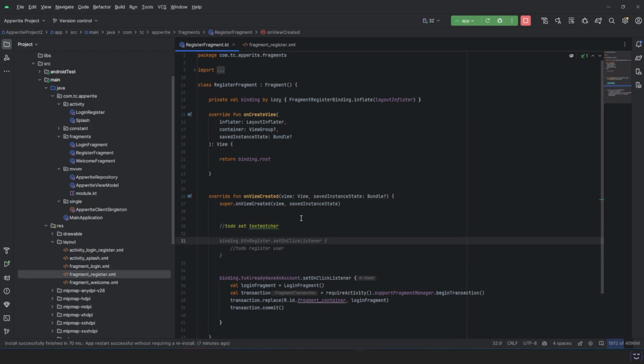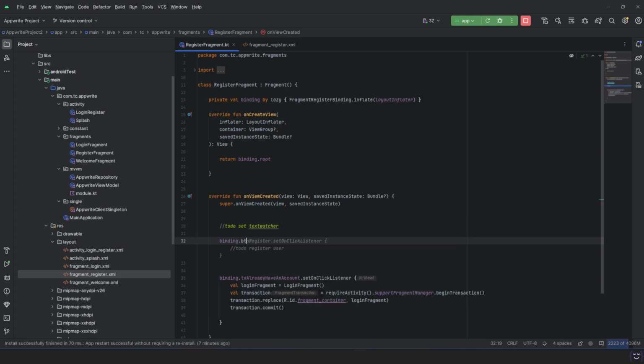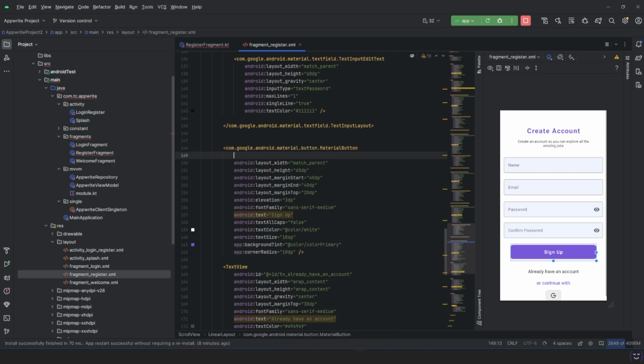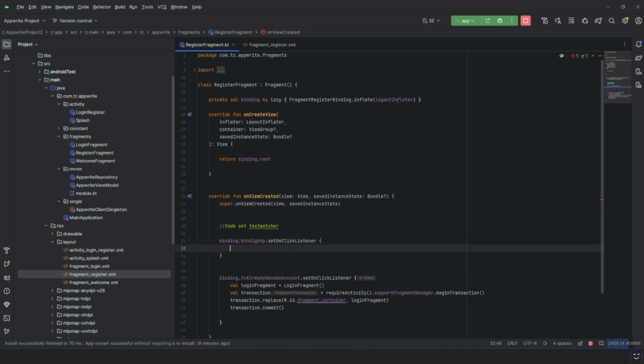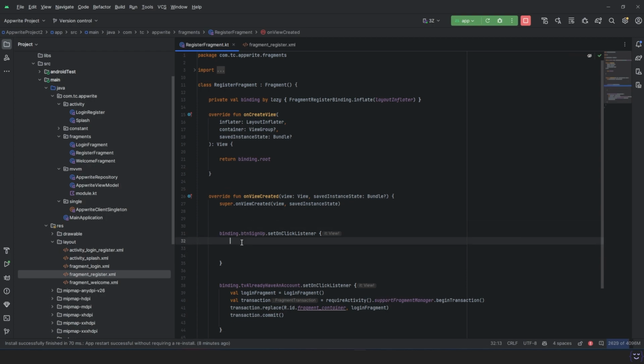So now I'm going to just do what happens when we click the register button. So binding dot, let's see what our ID is over here. There is no ID given. Button sign up, btn sign up. So we will just get the strings for all of this. So val name,